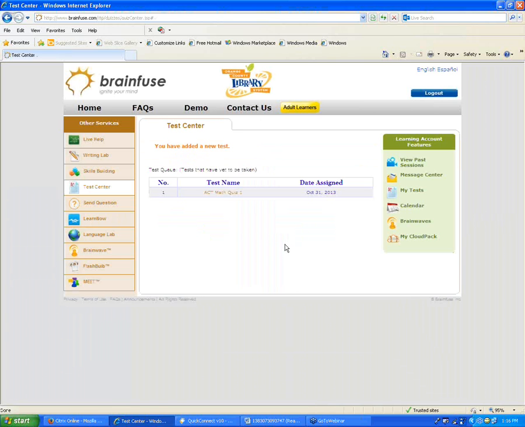And this page right here is called the My Tests page. So you'll see on the right, we have My Tests right underneath the Message Center. So this is where your test results will be saved. So any test you take, you'll see the scores here. You'll be able to retake a test. There's a button next to each one that will let you retake it. And of course, you can open up the test itself just to look through the questions